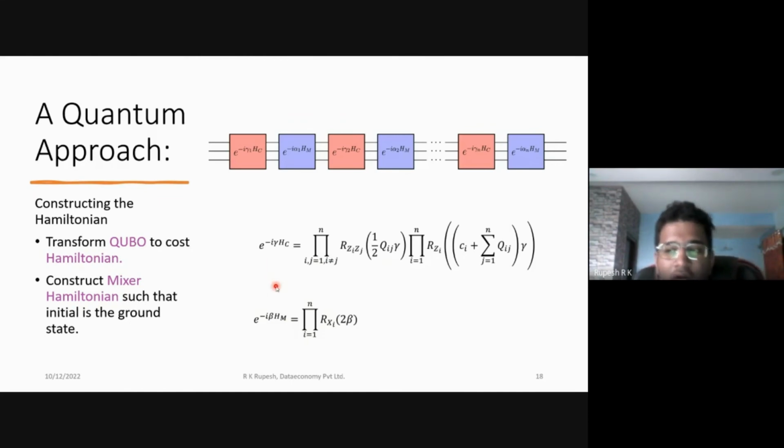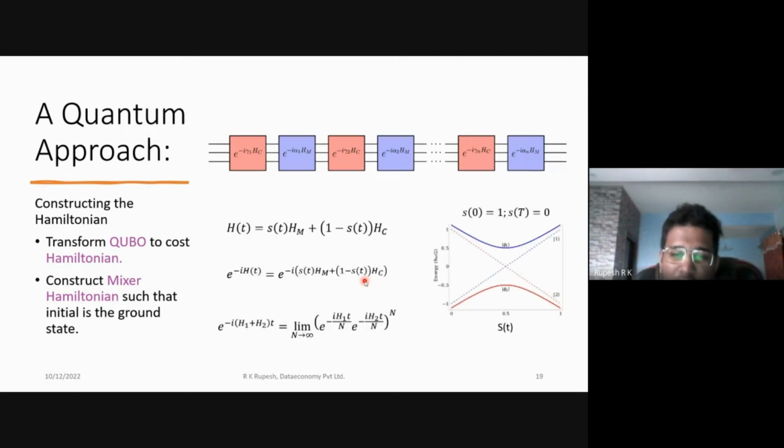But if this were an adiabatic system, we'd be done here. But really, we are on a universal quantum computing system where we have a bunch of gates, and we can't really implement any given Hamiltonian that is provided. And so we need to convert these unitaries into unitaries that can actually be implemented on the circuit. How do we do that? There's a process called trotterization.